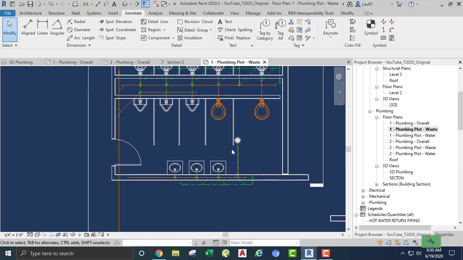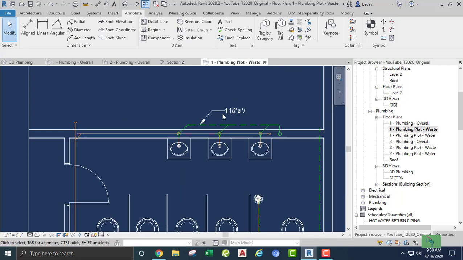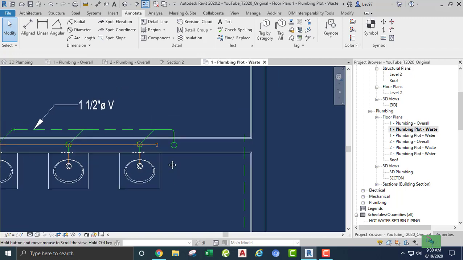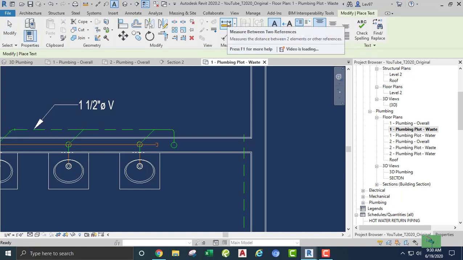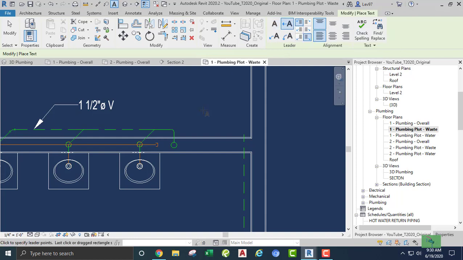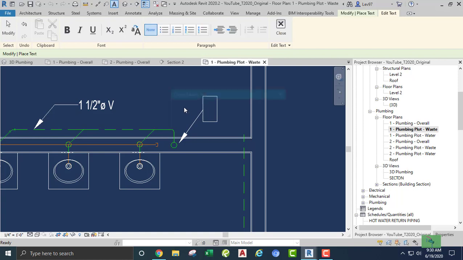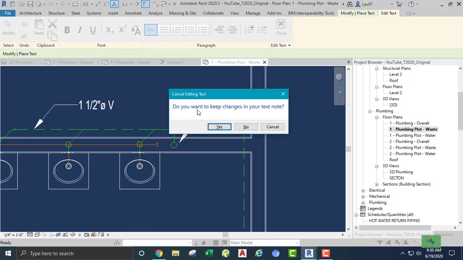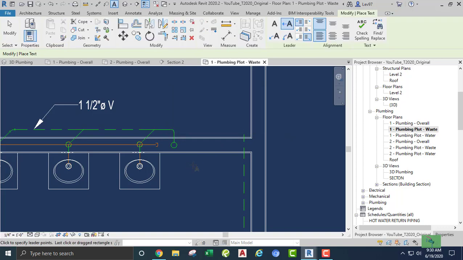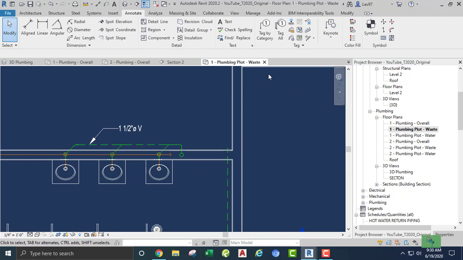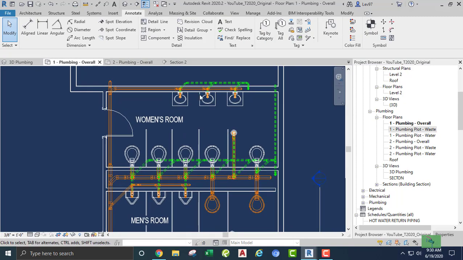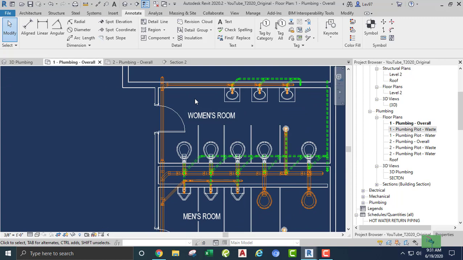this is your plot file. This is where all your annotations are going to go. So I'm just checking to make sure that everything looks good. That's going to be a text. Again, go here. Then you can do whatever. Make that a riser. Do you want to keep changes in your text note? No. Okay, so let's go back and continue. So that's our riser, and